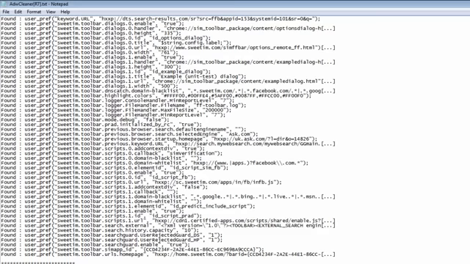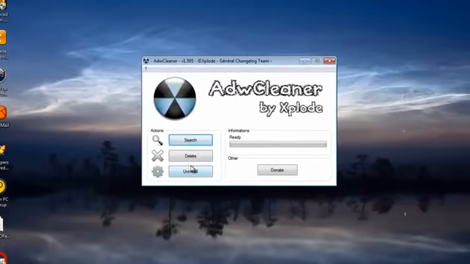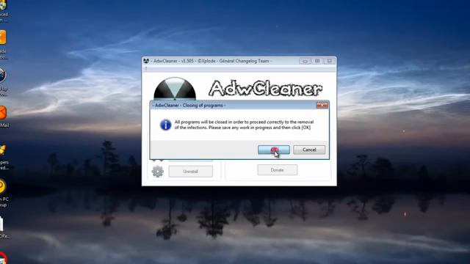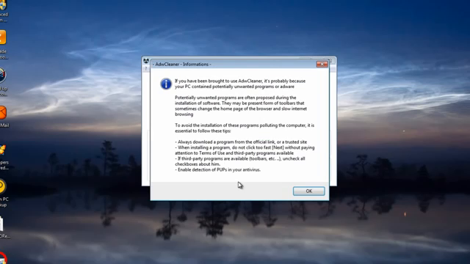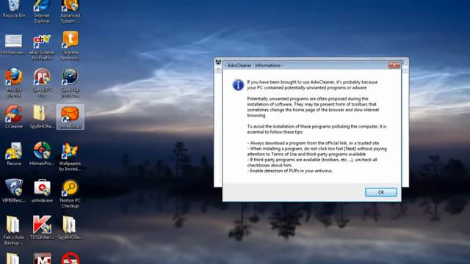Now all I need to do is close this off and then click on delete, and I'm going to say OK, and it's now going to start deleting those from my system. Okay, it's unwanted programs or adware, and that means we may need to run some other scans with other software as well, because obviously there may be some programs that I want to remove, like IncrediMail, I definitely want to remove, Speed Up Your Computer, also